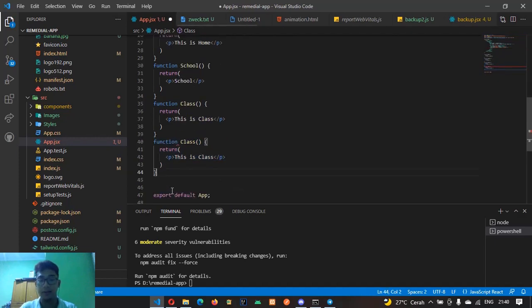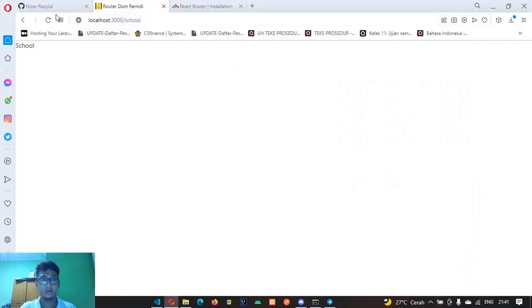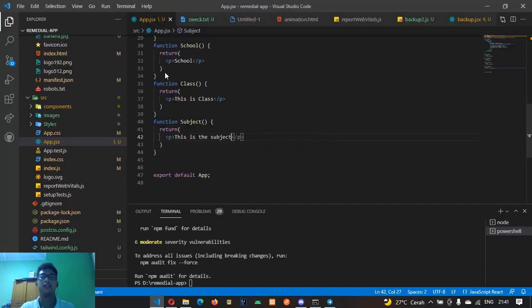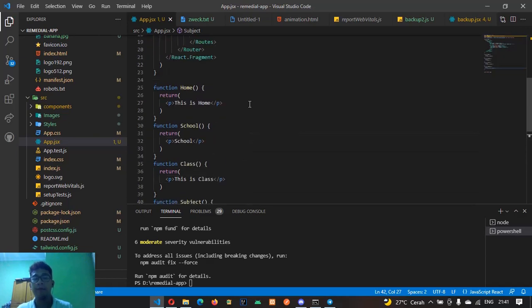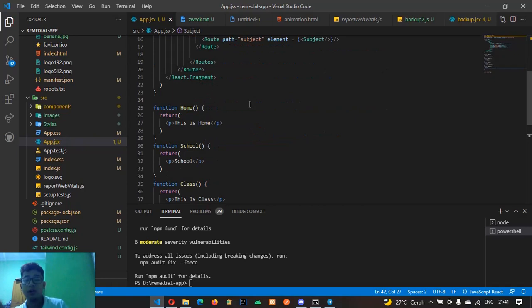Copy this, then paste. This is the subject. Is it popping or not? Class. No, it's not popping. Because why? Because in React Router DOM version 6, we need the Outlet to put the outcome from the child that